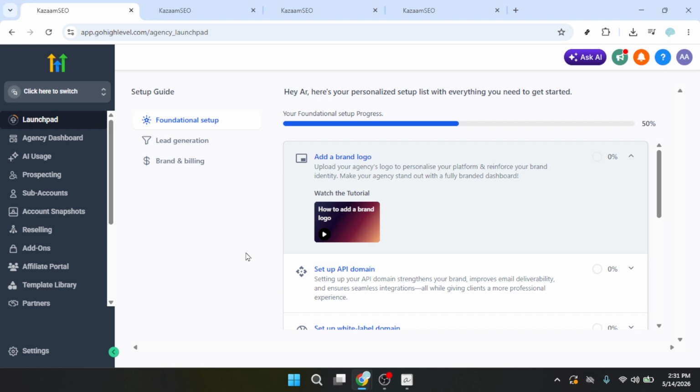Start by logging into your HighLevel account and switching to the agency view. This is important because the customization options we're about to use live at the agency level, not inside an individual sub-account. If you don't see the agency view option, make sure your user role has the proper permissions, or check with your account admin. Once you're in agency view, look to the bottom left corner of the screen and click